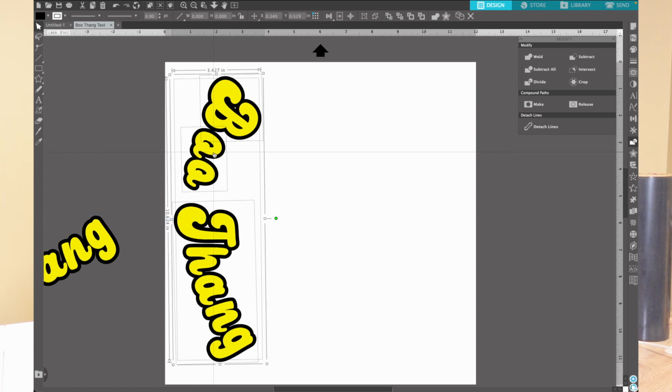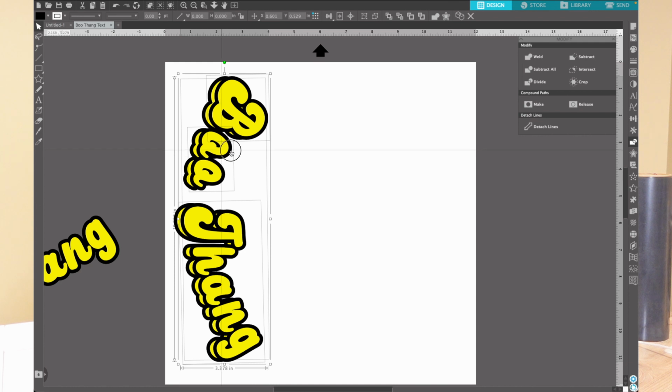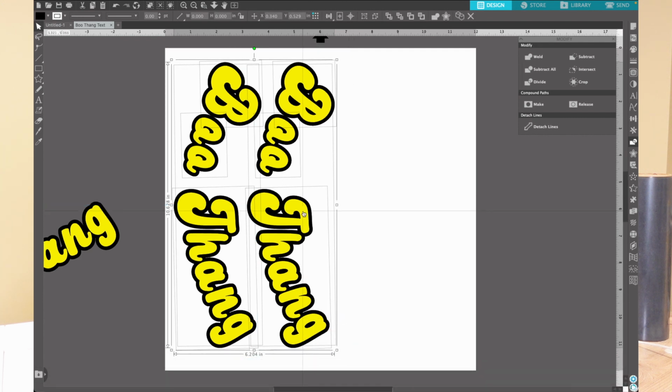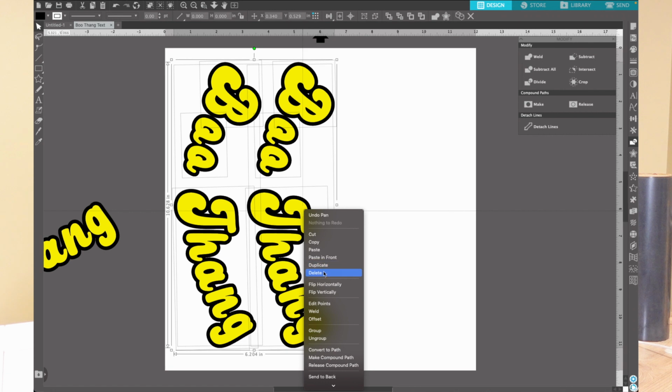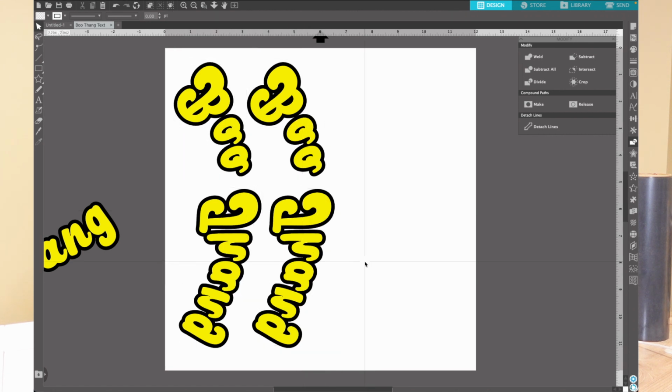And just for the sake of making more than one, I'm going to go ahead and duplicate. I'm going to bring this one right next to this one, and then I'm going to highlight both of them. Now I'm going to flip it horizontal, because we always want to flip horizontal when we're cutting. All right, flip horizontal. So now we are ready to send this to our cutter,